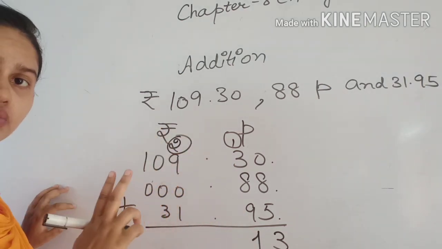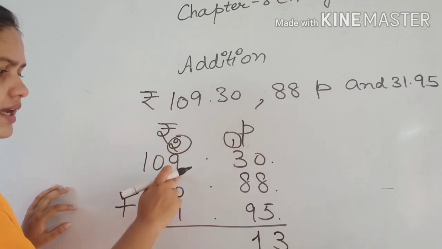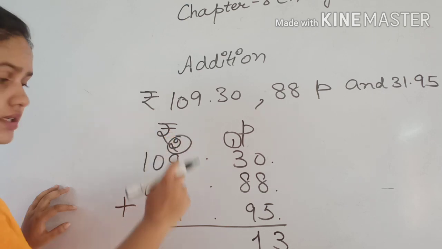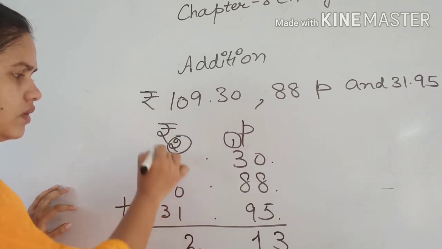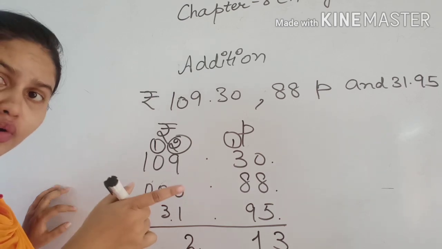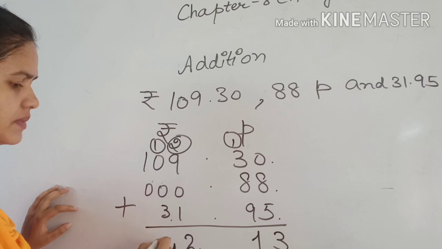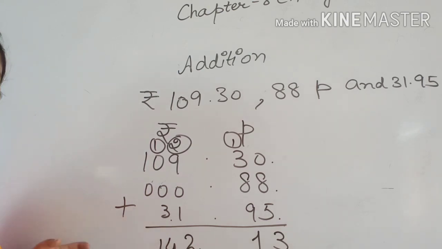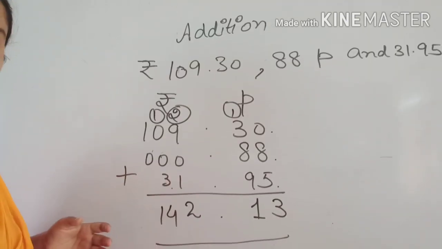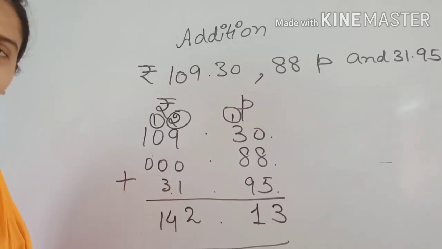Okay. Now 2. Here is 2. 9, 10, 11. 9, 10, 11, 12. 2 will be here, 1 goes to carry. Here is 3 and we will take our 4. Okay, 4. It becomes 4 and it becomes 1. So how much do we have here? You can see, simple. That is 142 rupees 13 paise.